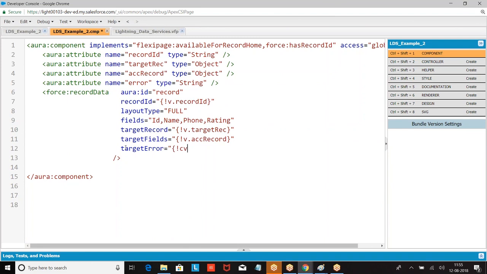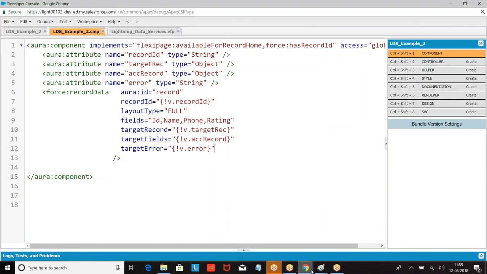In case any errors are generated, how do you define that? Here I need to give you a few more additional points. Target error. Now, if it is an error, then I want to print it. So we have an if condition. How do you define an if condition? If there is any error, I want to print the message. But how do you check the if condition in Lightning?